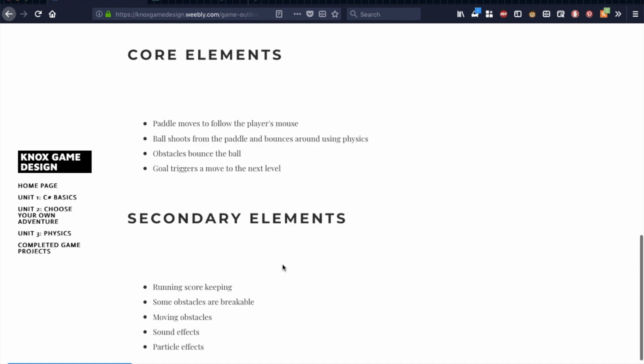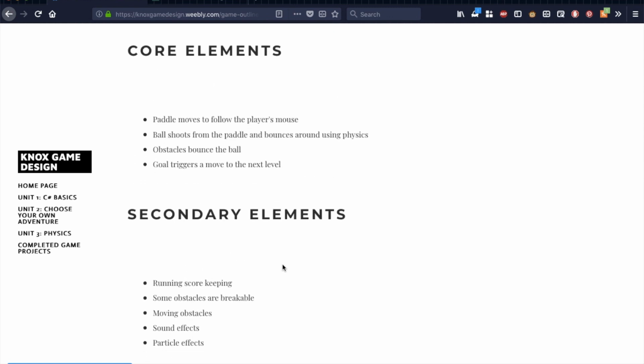Secondary elements. These are things that aren't necessary for the game, but are definitely things that we want to include. So we want to be able to have a running score, basically meaning that between levels, the score is kept and then rolls over to the next scene and continues building up until the player loses. Some of the obstacles, we want them to be breakable. This is where that block breaker part of our game comes in. We want some of our obstacles to be moving because I think that'll really add some fun elements to it. We want to add some sound effects and we want to add some particle effects to